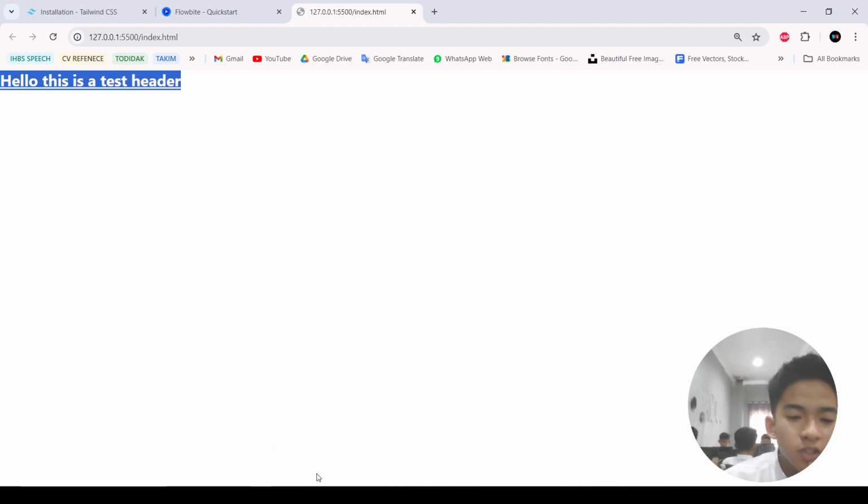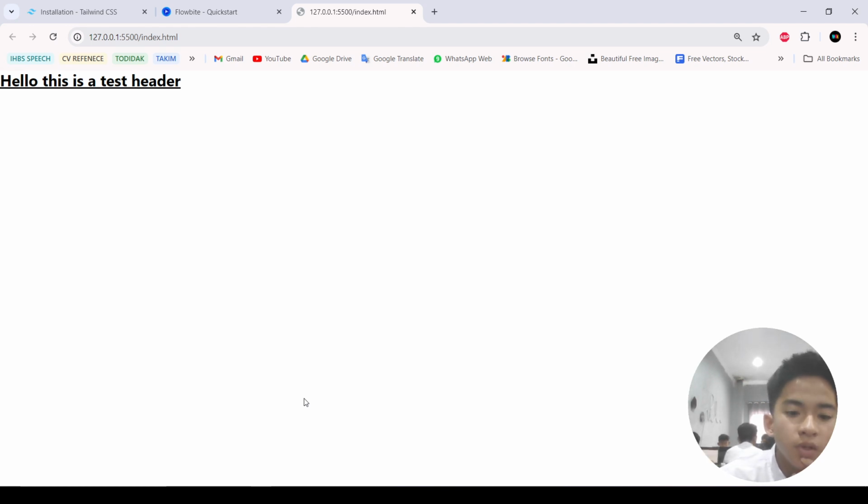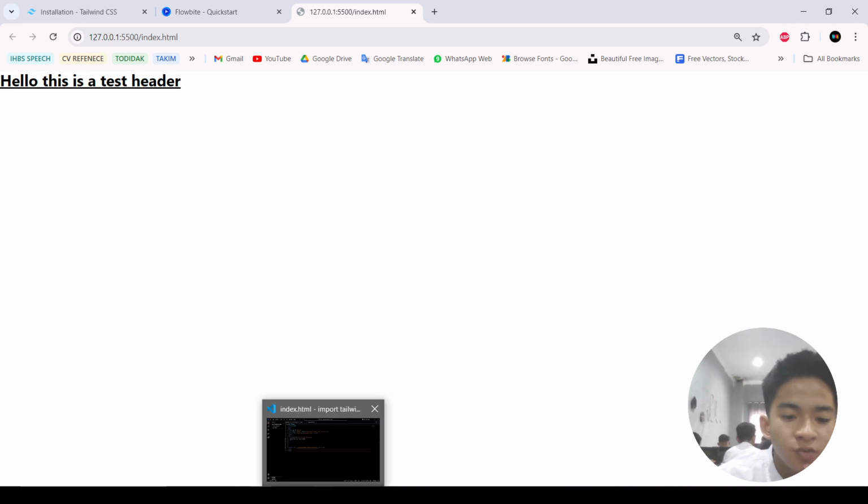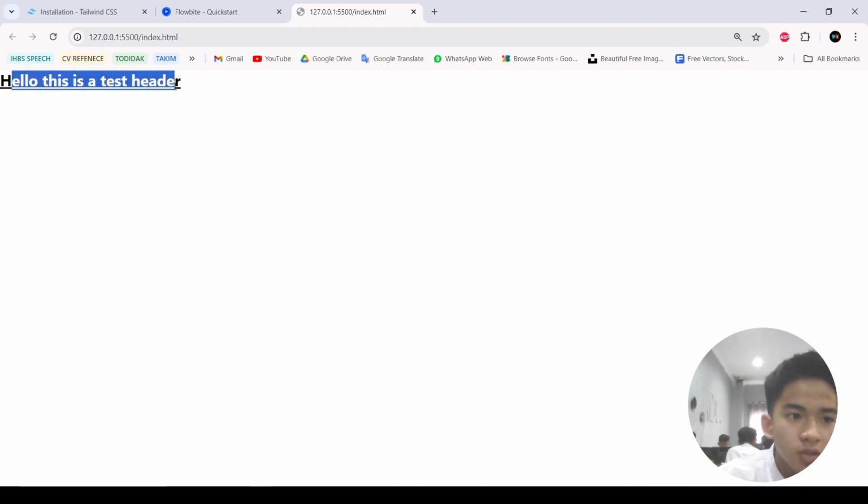If you've successfully installed Tailwind and Flowbite to your HTML file, the font will be like this, some kind of like a Poppins font. But if you haven't, usually it will show a text with the font of Times New Roman, something serif. But this one is not. This is,